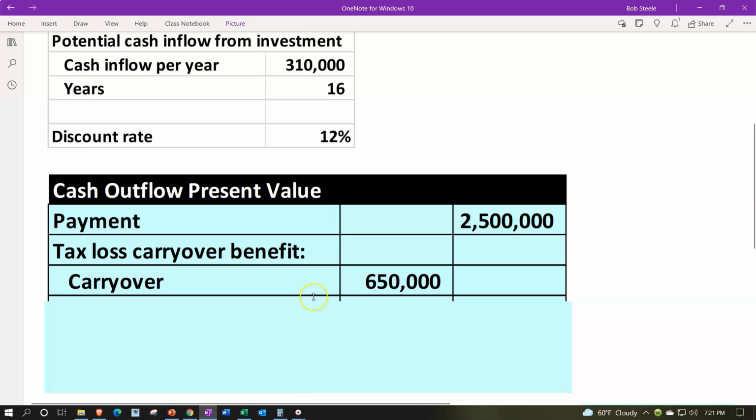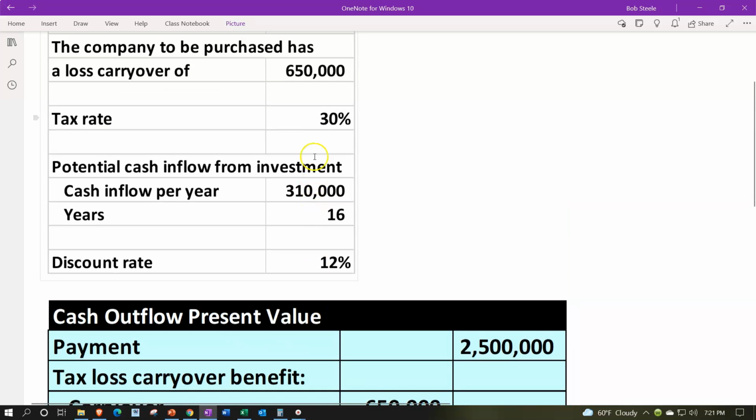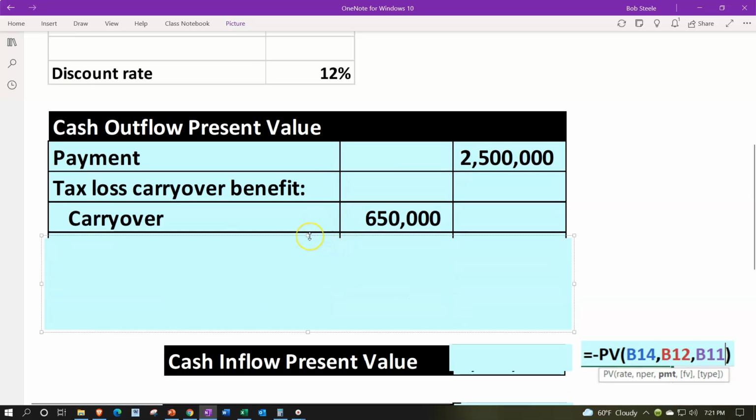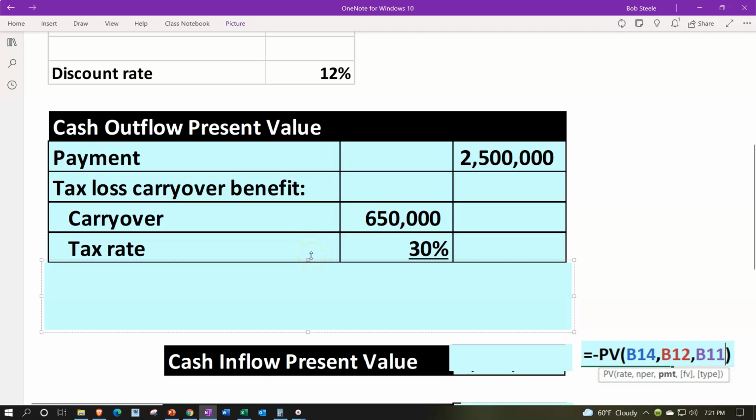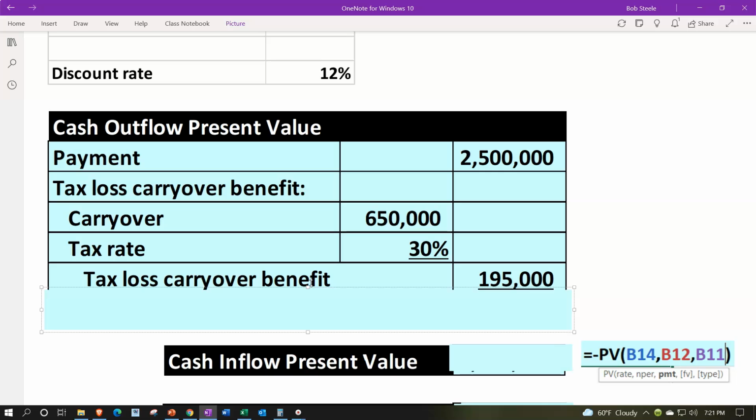The tax loss carryover then is the $650,000 up top. We're going to assume that we can take advantage of that right away in the first year and match it up against income in the first year. So we take that $650,000 times the 30%. That would give us a tax benefit of the